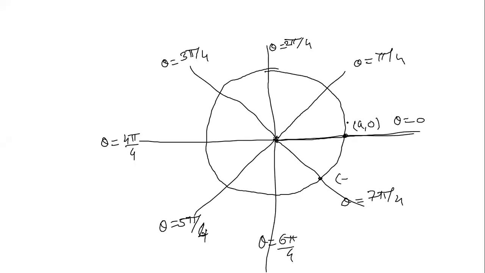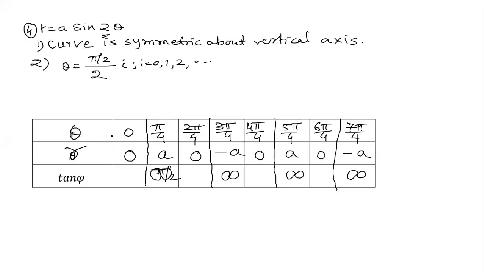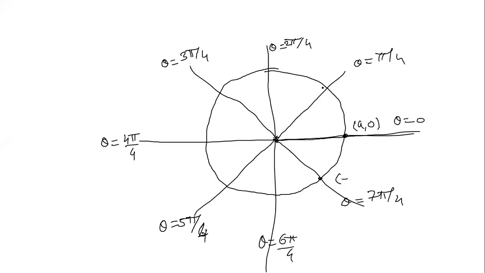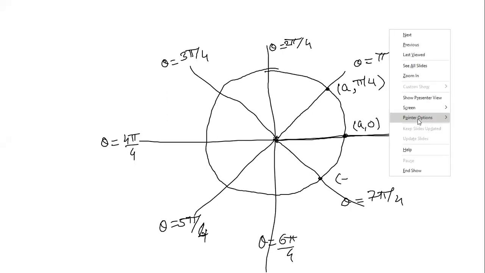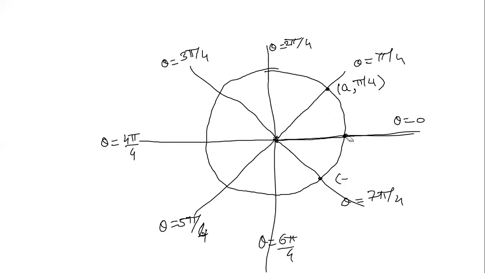I think, what was it before, theta equal to pi by 4 and r equal to a. So theta equal to pi by 4 and r equal to a. So please, inconvenience is regretted. I was wrong. So this is not the case here also. Okay.